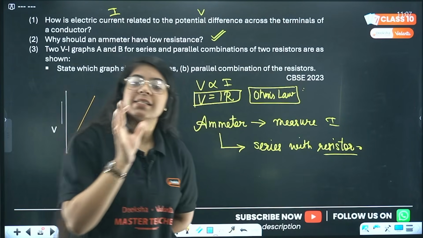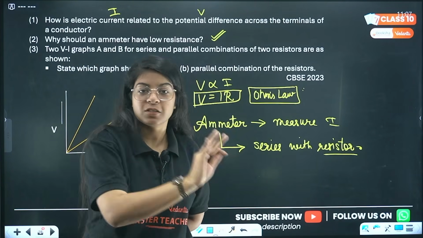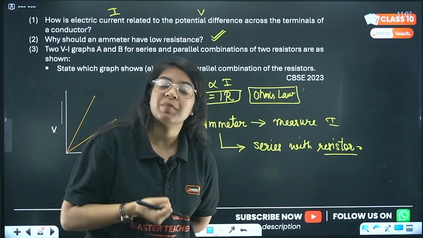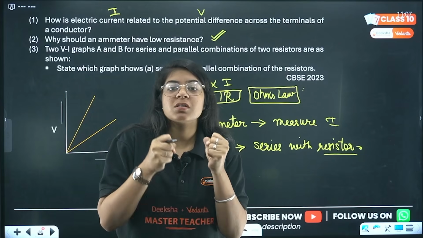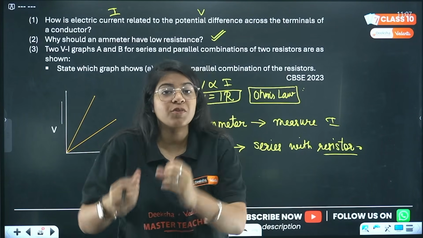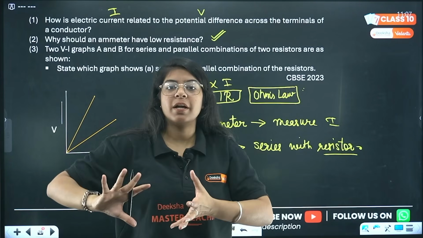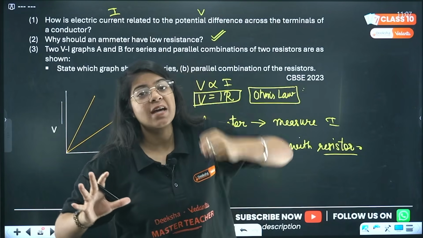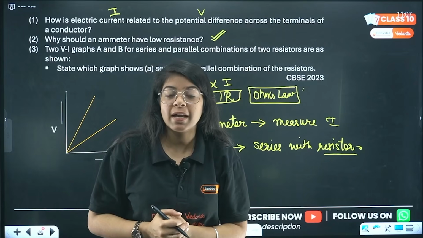That means the same current that is passing through the resistor or through the whole circuit will be passing through the ammeter, right? That is why we need it to be of minimum resistance, because resistance causes a hindrance to the flow of charges, to the flow of current, right? But an ammeter is a device to measure what amount of current is going through that circuit. If it has more resistance, it will also cause a hindrance to the flow of current,